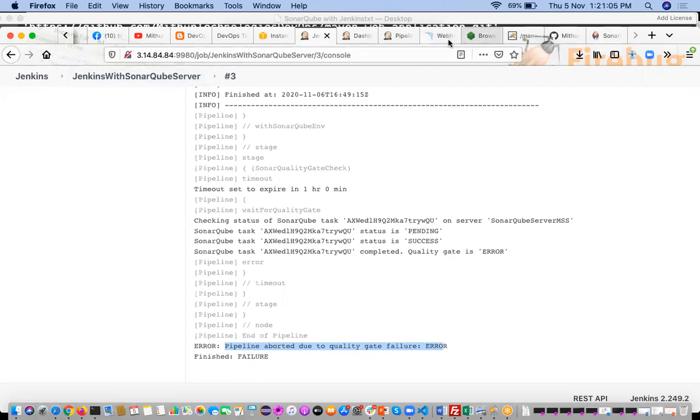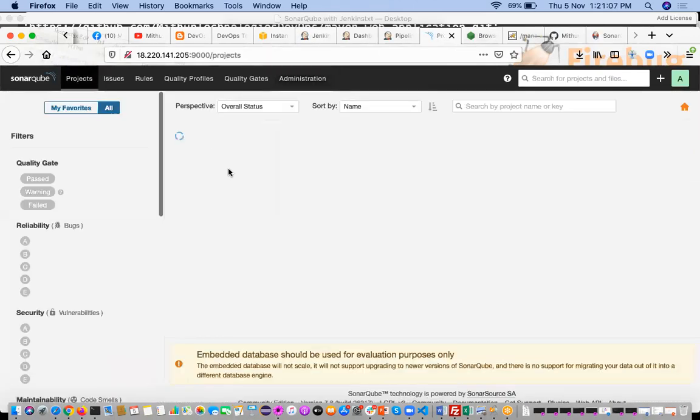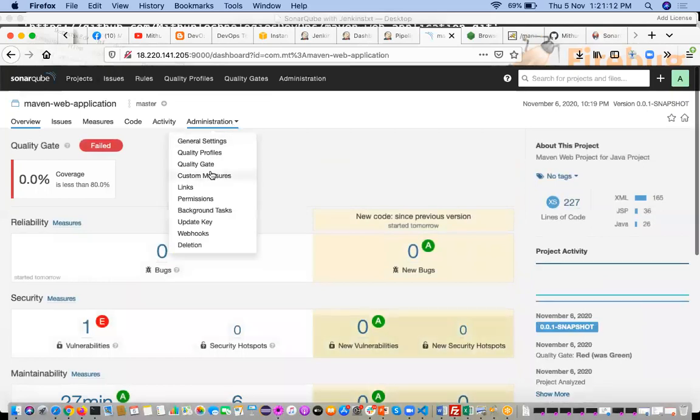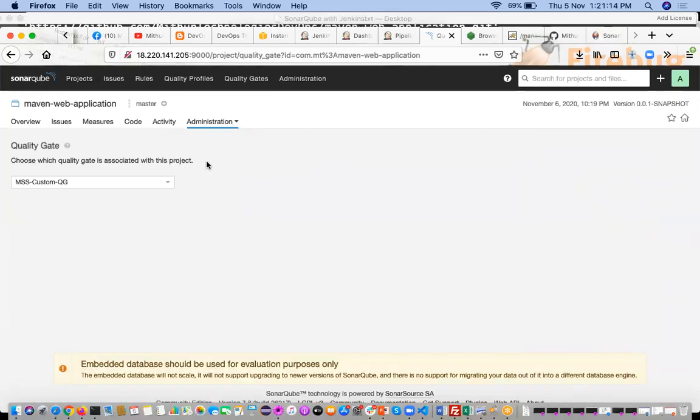Now what I will do, I will go ahead and change the quality gate for this particular job. How to change the quality gate? Go to the administration for this particular job and click on quality gate, and now I am going to use the default one. In the default quality gate, it is not checking the code coverage.